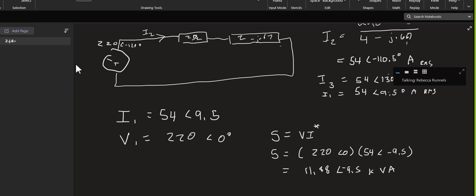And if we wanted to get the total complex power, it's going to be three times this value. And what is the angle going to be? So the total complex power